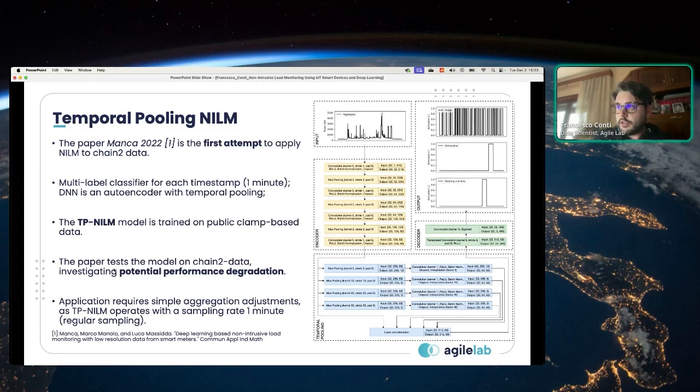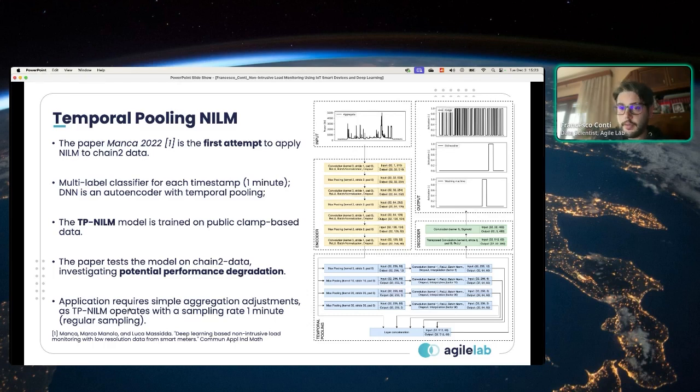They want to verify the performance degradation in applying this network, trained on clamp-based data, to chain-2 data. In order to apply it to chain-2 data, they implemented an aggregation logic, with the final goal of getting a signal with a 1 minute sampling rate